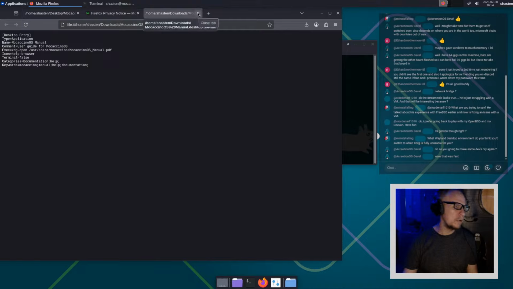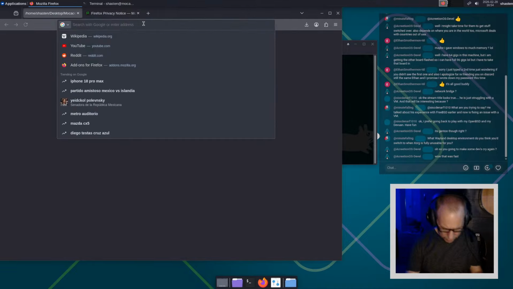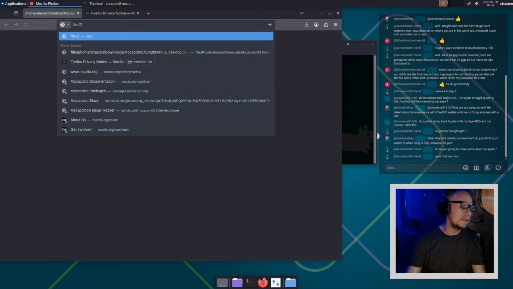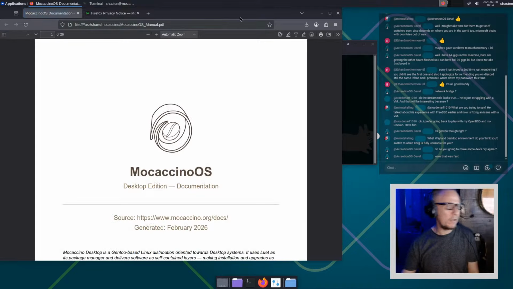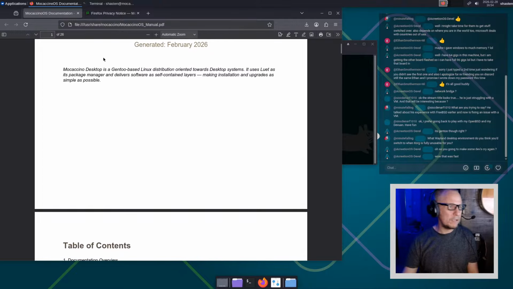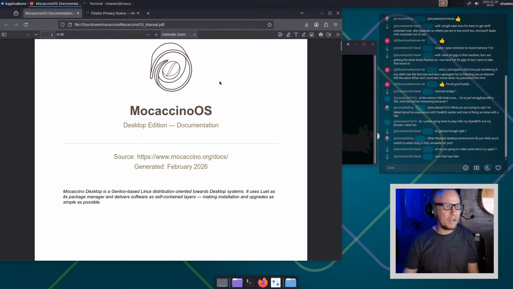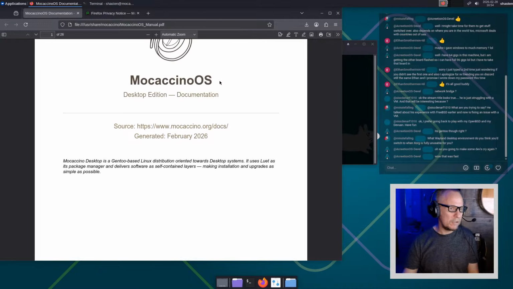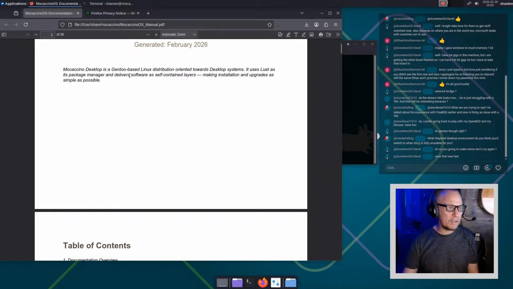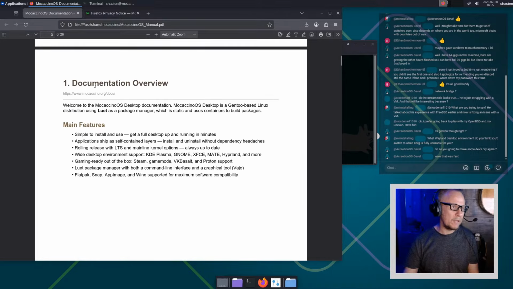Oh, fuck me. It's a PDF, right? Okay. All right. There we go. I did have the developer chatting with me on one live stream not too long ago. Okay, so it uses Luet as its package manager to deliver software in self-contained layers, making installation and upgrades as simple as possible. So we have some documentation. Welcome to the